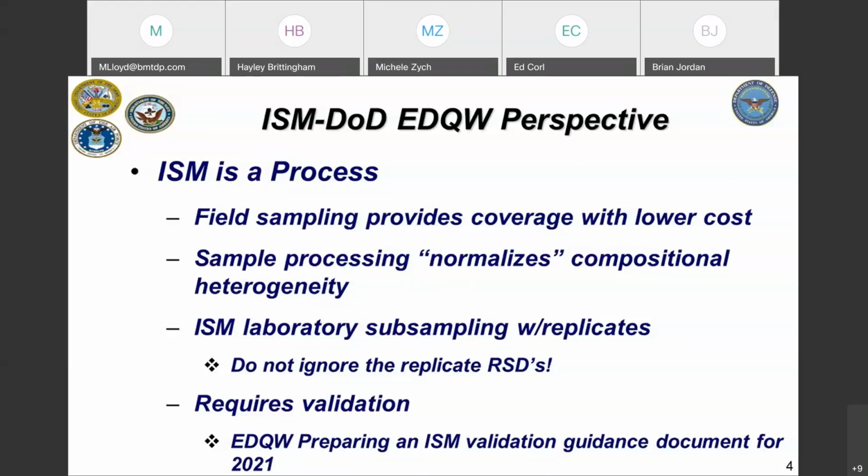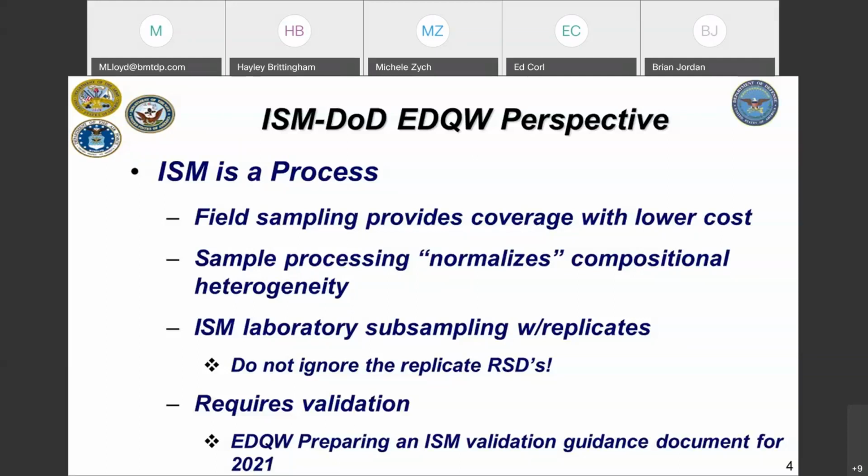We are bringing very large samples into our laboratories, and the processing, the drying, the sieving, the milling, the subsampling requires specialized considerations. Now, what we found is that many project teams are actually attempting to sort of avoid some of these issues associated with the processing by simply excluding it, right? They're doing the field component of it, but they're hoping that the compositional heterogeneity doesn't affect their results. Unfortunately, what's going to happen, and Haley was talking about this, is your replicate precision may greatly suffer because of this, and you're going to get excessive RSDs.